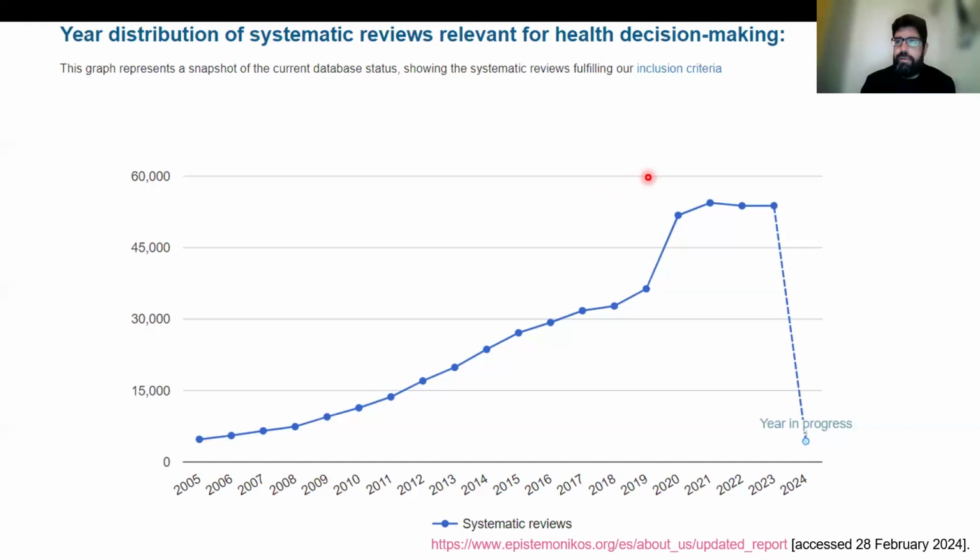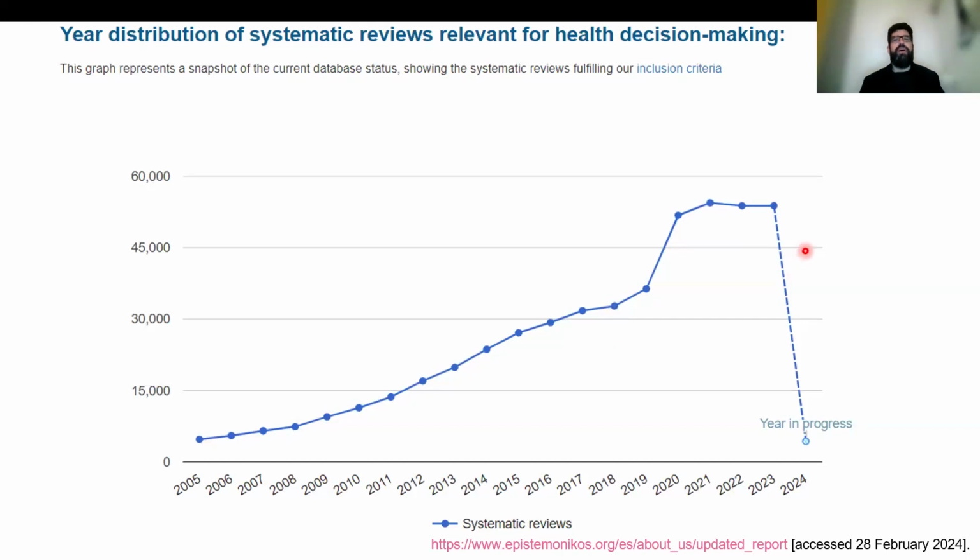I took a look at this today, and this is from the Epistemonikos Foundation, and they have an updated report, I think, every week about how many systematic reviews relevant for health decisions are published each year. So we see that during the COVID pandemic, there was a big increase in the number of published systematic reviews, but this has been increasing year after year. And there are no clear signs that this will be descending in the future. So that's a first reason